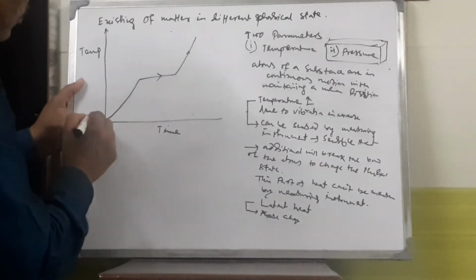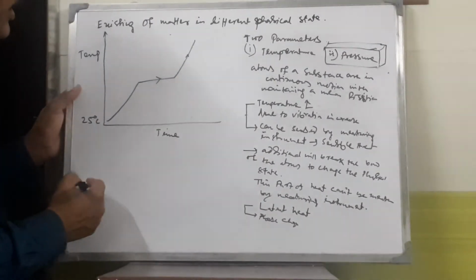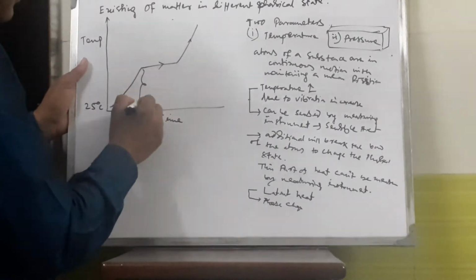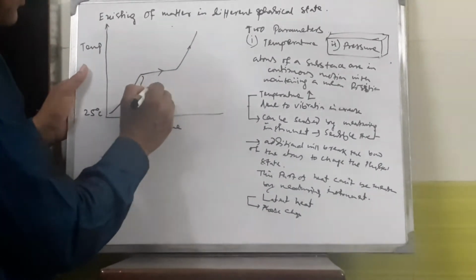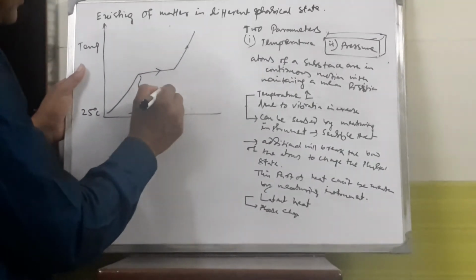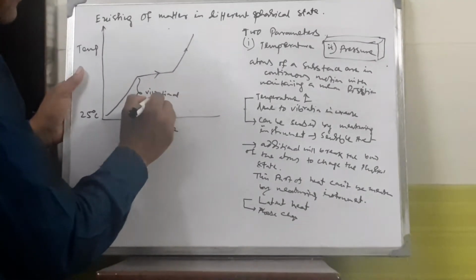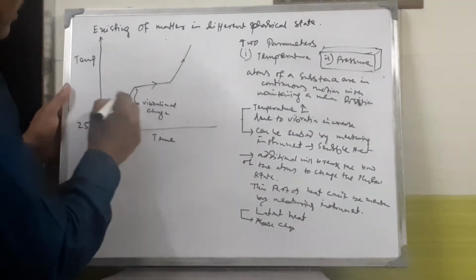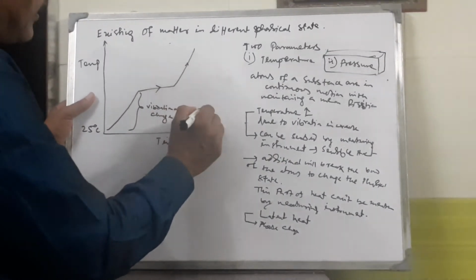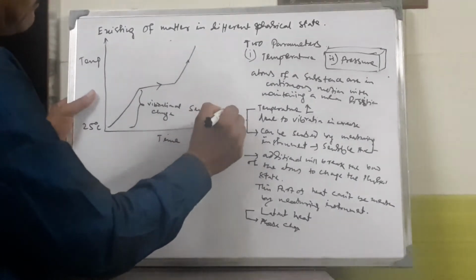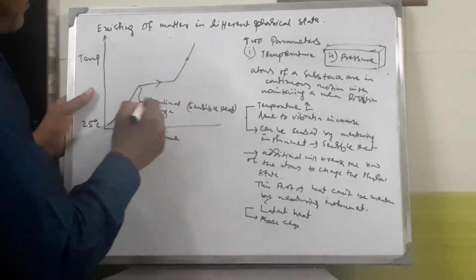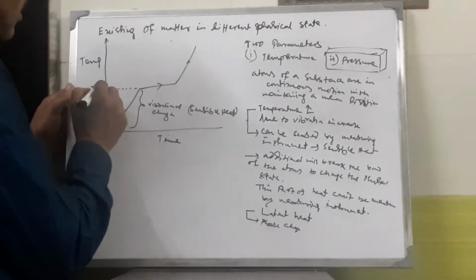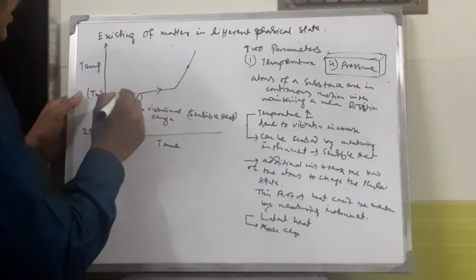Suppose this is room temperature, 25 degrees centigrade. After that we are adding heat. This temperature increase is due to vibrational change. This part is known as the sensible heat part. And once it has come to the melting temperature, represented by Tm,